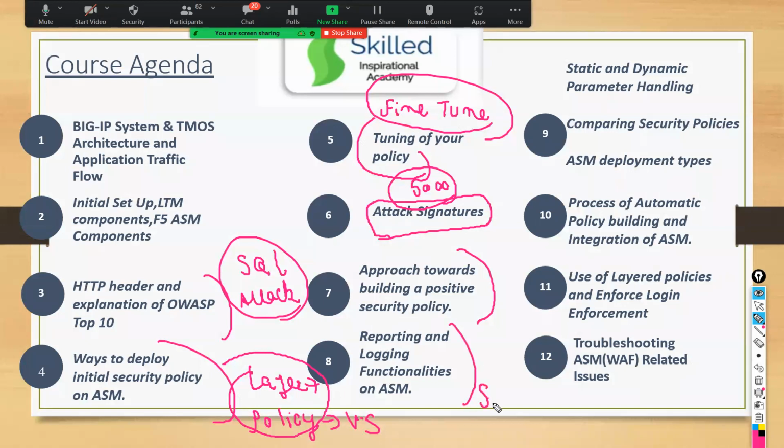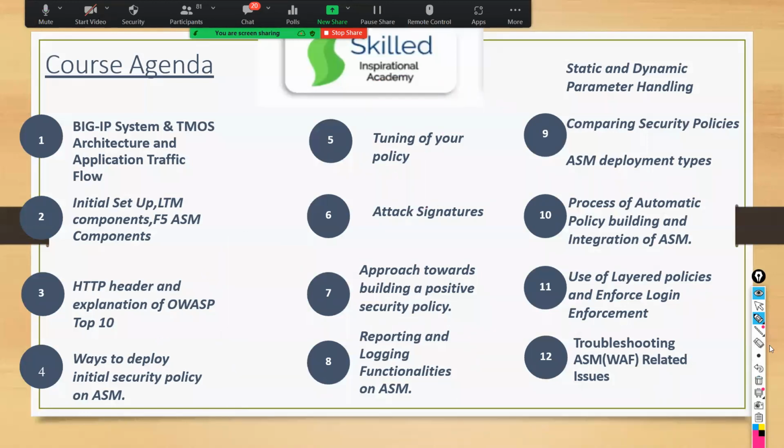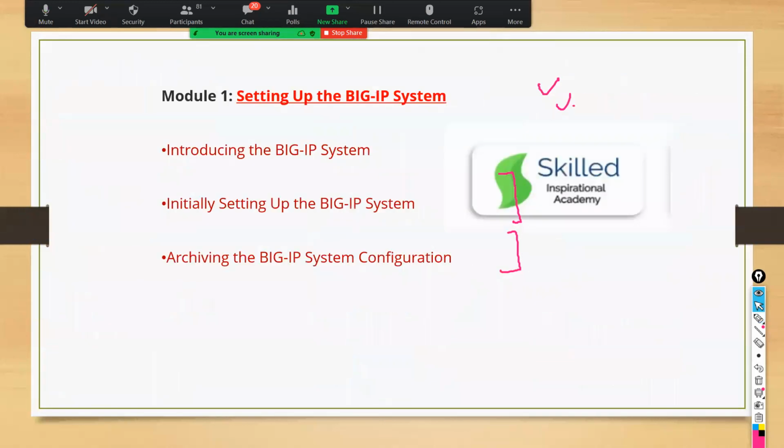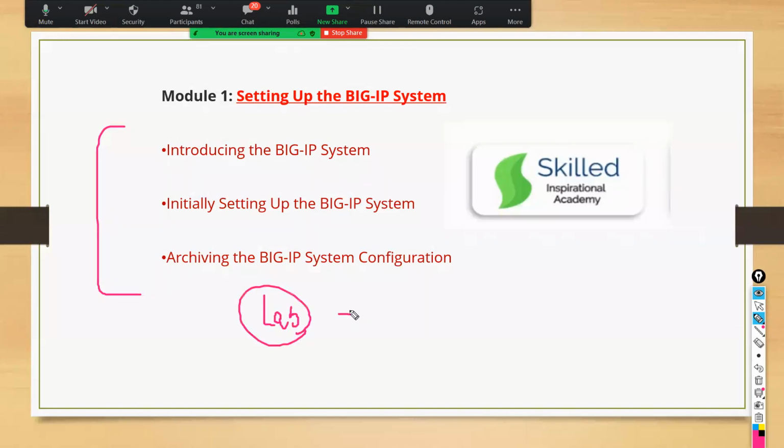Then how we can configure a syslog server, and if I get any events, how we can detect them. Then other stuff. So guys, don't worry. Right now you might not be getting what all of this will be, but we will cover all these things in detail. First of all, the lab: how to deploy a lab.